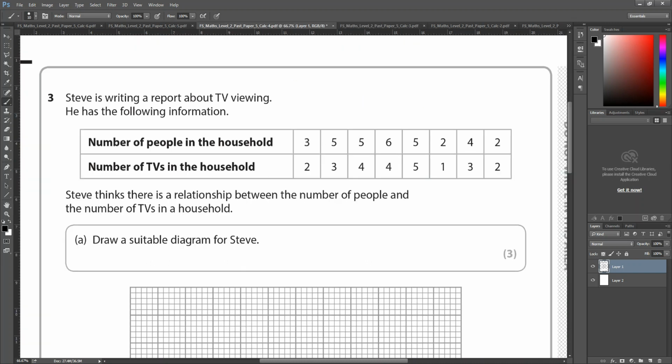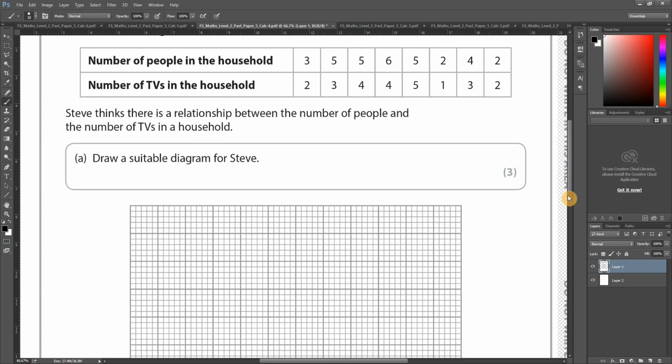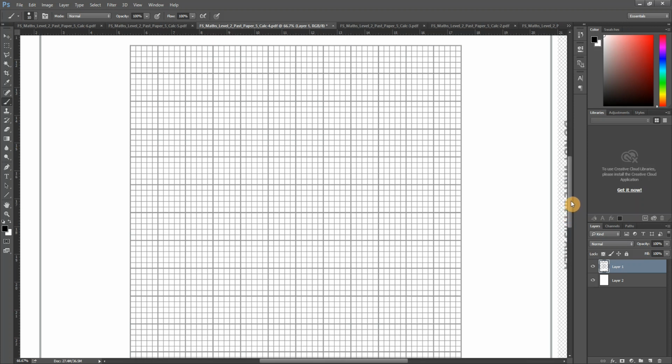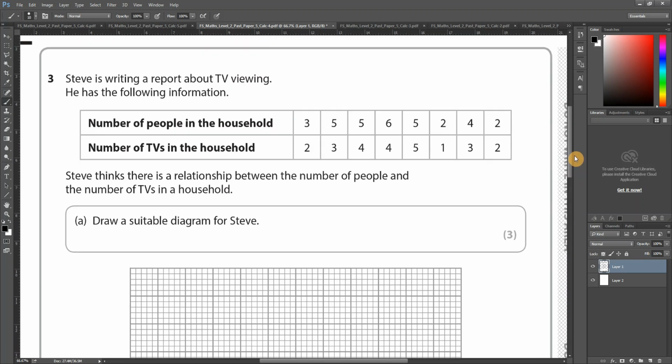Question 3. Steve is writing a report about TV viewing. He has the following information. So you've got number of people in the household, number of TVs in the household as well. Steve thinks there is a relationship between the number of people and the number of TVs in a household. Draw a suitable diagram for Steve. 3 marks. Right, so for me, the key word here is